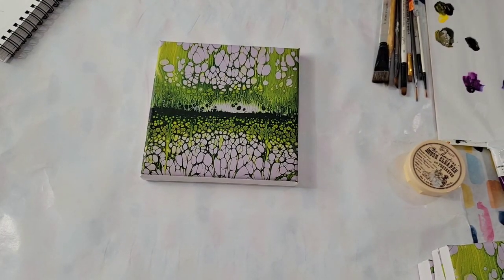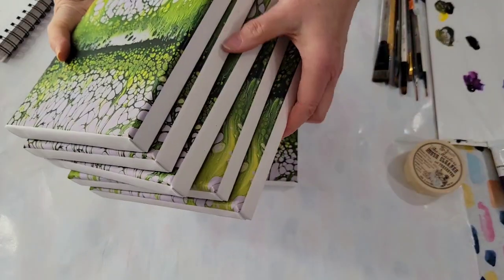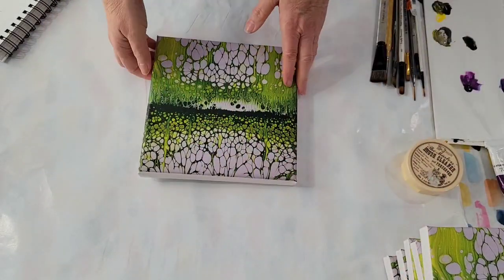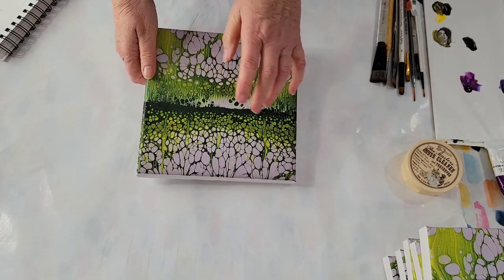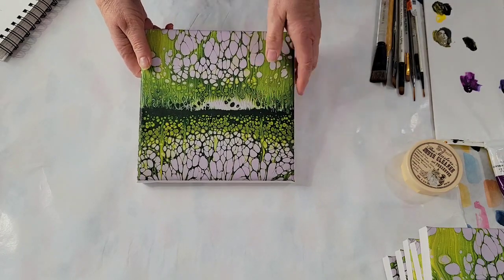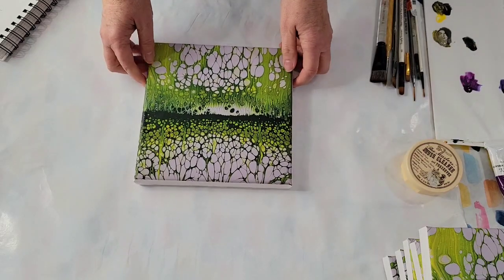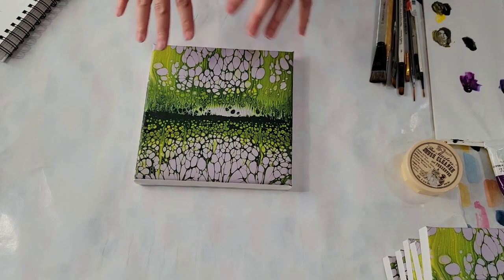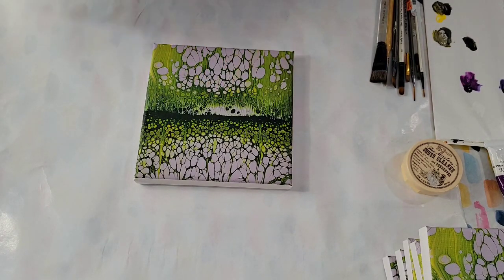So, they're a little slick. I ordered 6 at a time, thinking I'll see how I like them. But they're a little slick to paint on, so I sprayed with a clear matte spray, Krylon 1311, to give it a little tooth. So hopefully that is sufficient for the paint to stick to it, but we'll find out shortly. So I want to keep it very simple and just do a kind of impressionistic looking